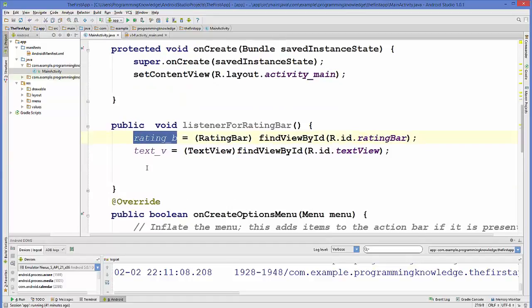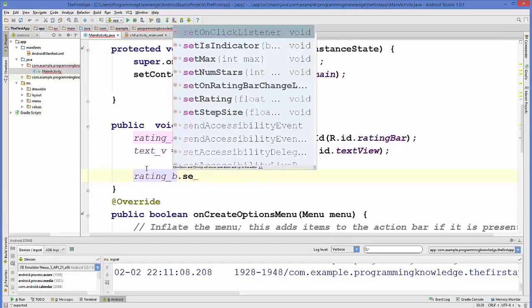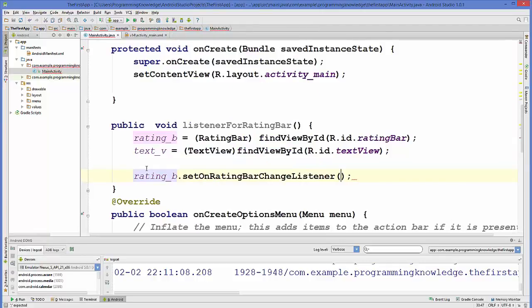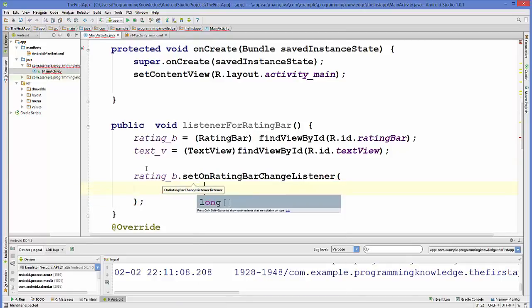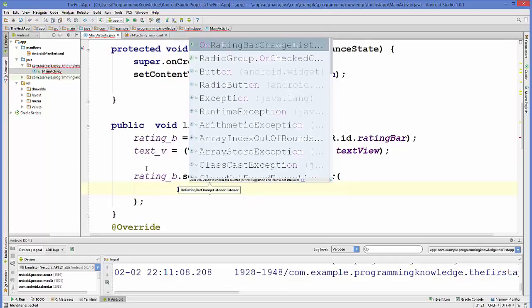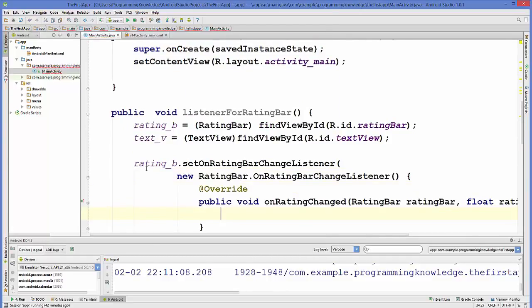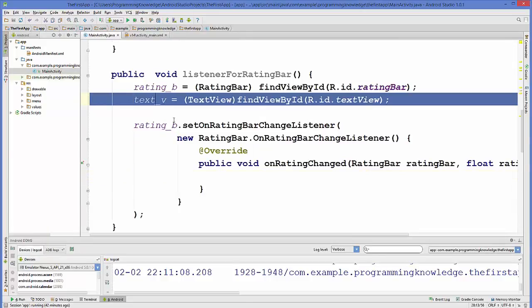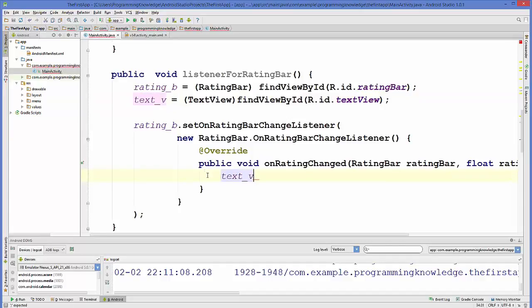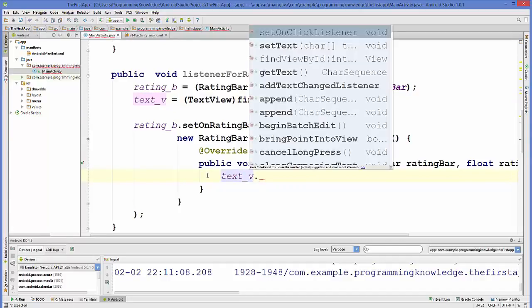Okay, so I will just take this rating b variable dot set on rating change listener. And in here we will create a new listener for it. So we will just write new on rating change listener, and then inside this method we can just call our text view, which is this one, dot set text,